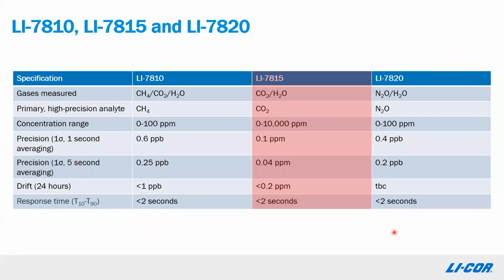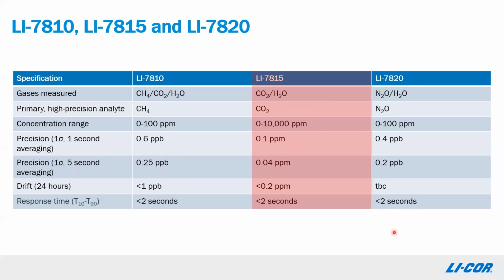In terms of performance, we'll focus on the 7815, as that's the gas of interest there is CO2. It gives you a wide concentration range using this technique, so 0 to 10,000 ppm, and it's a linear response across that range, so calibration is very simple. In terms of precision, we get very, very good short-term precision, 0.1 ppm in 1 second, 0.04 ppm in 5